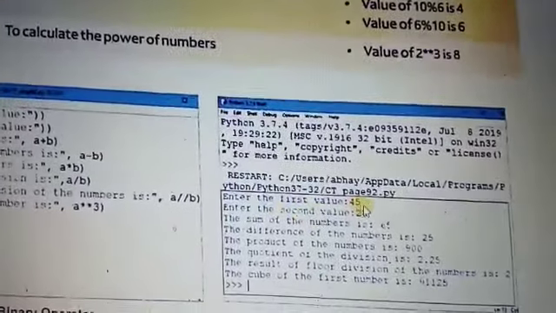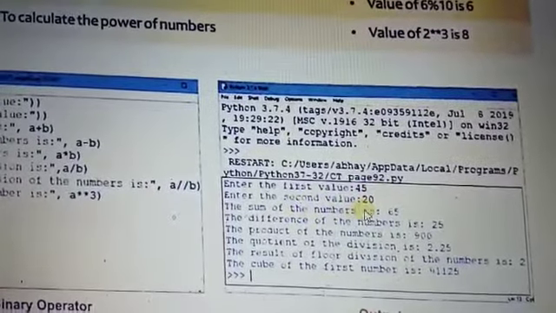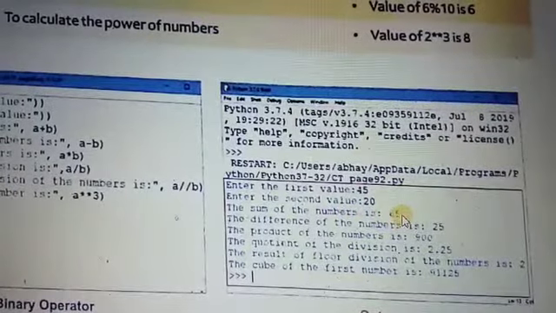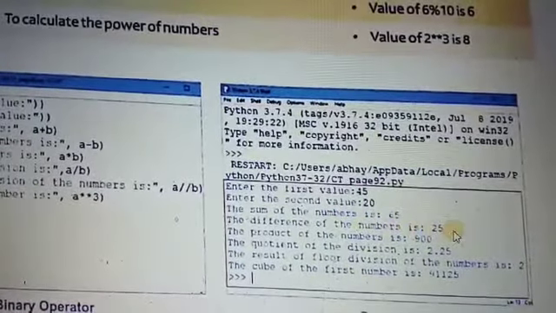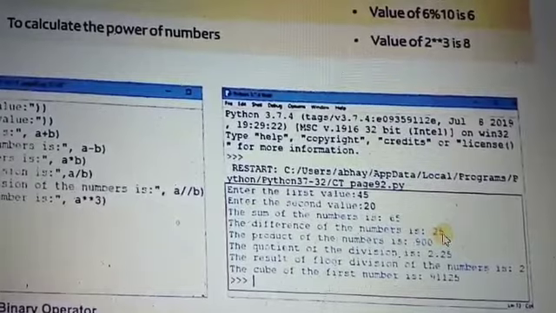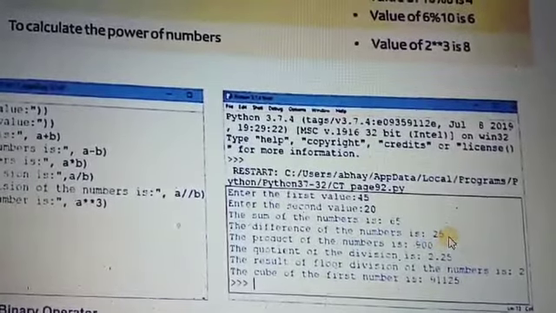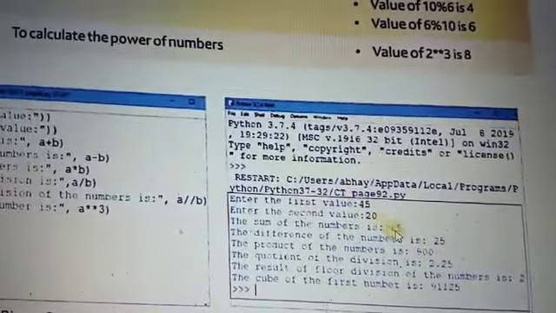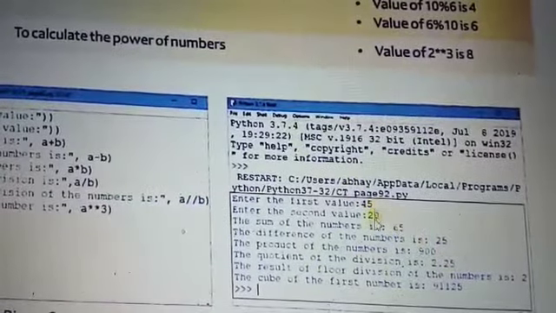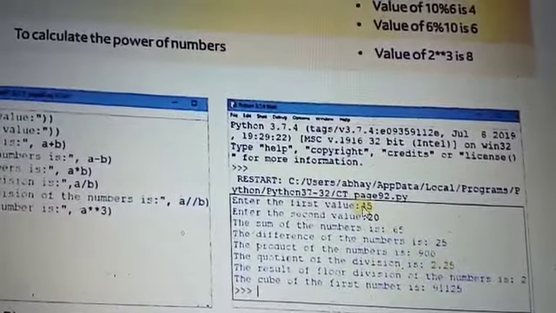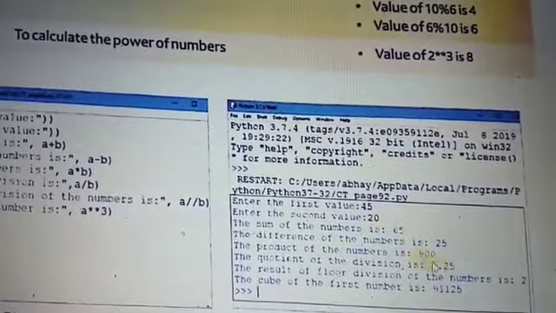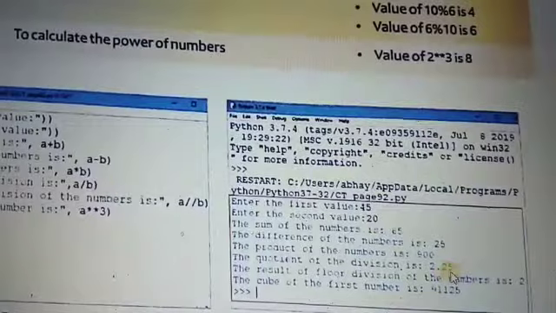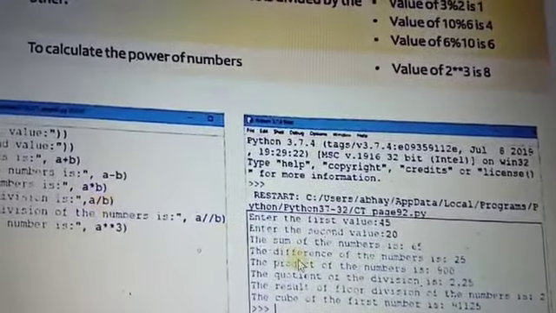Here is an example. The first value is 45 and the second value is 20. For the addition, the output will be 65. For the subtraction, the output is 25. The product of the numbers is 45 multiplied by 20, which is 900. Next, 45 divided by 20 with float division gives 2.25.